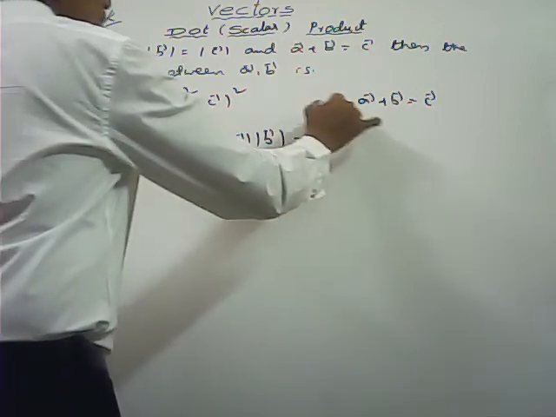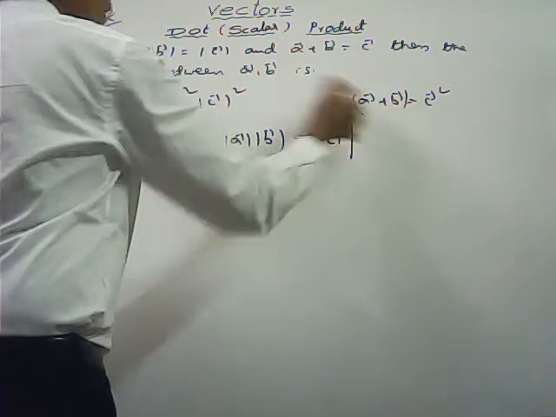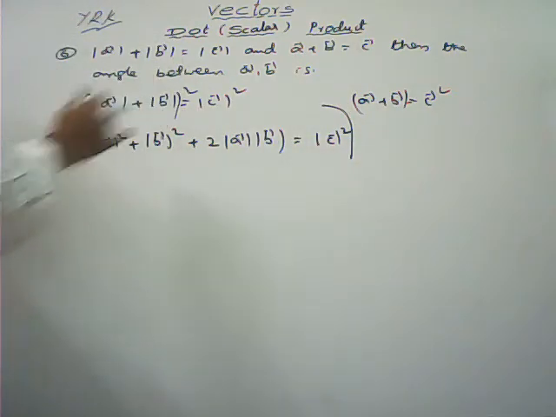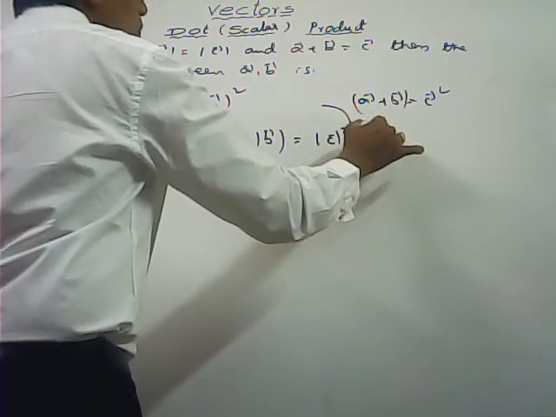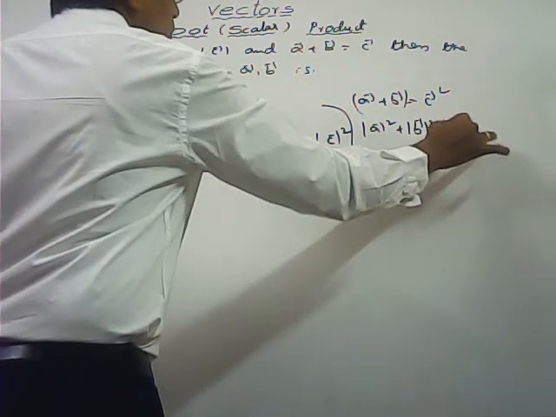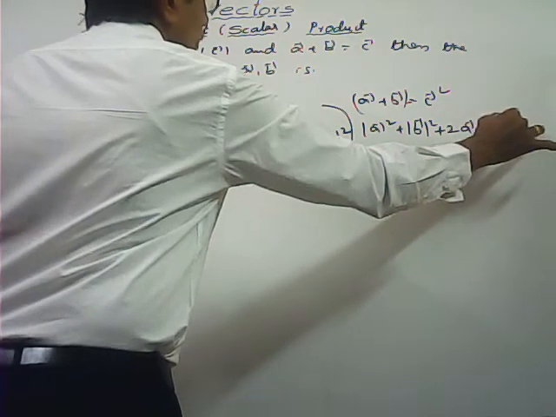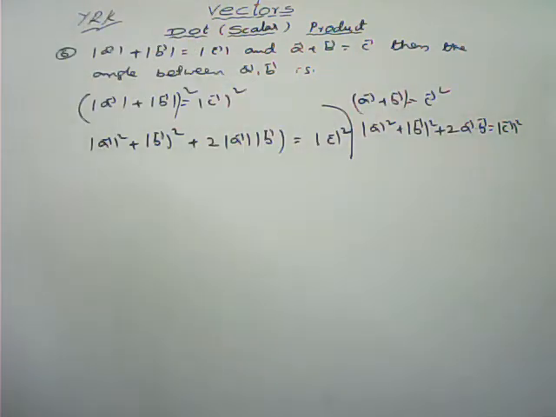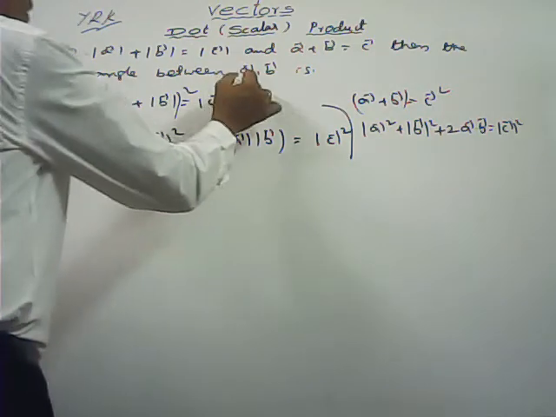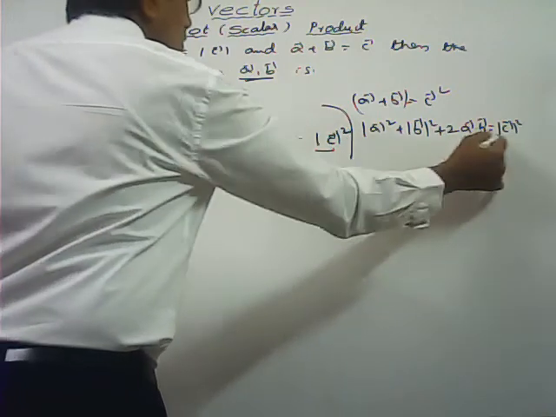And here also by taking the squaring on both sides, here see this one, here these two are the vectors, here these two are the scalars, that is the difference between these two. So, here we can write how to expand this one, modulus of A bar square plus modulus of B bar square plus 2 into A bar dot B bar, that is equals to modulus of C bar square. C bar dot C bar, that is modulus of C bar square. Here also, we want the angle between A bar comma B bar only. So, here we can eliminate C bar. Here modulus of C bar square is there, here also modulus of C bar square is there.